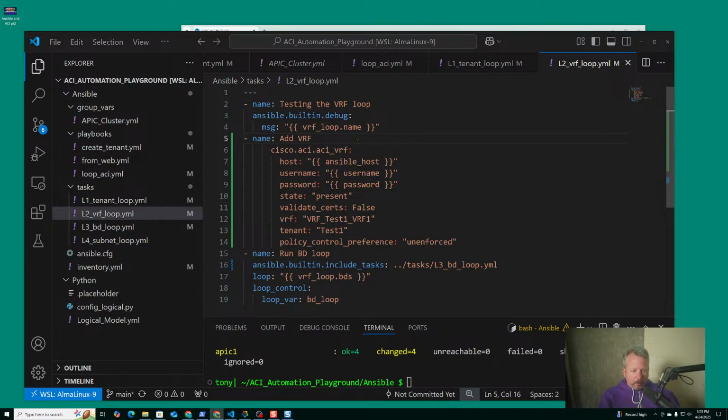Okay, so pasted it in there, and then I just have to replace the VRF. I'm going to move this up. So where we want the tenant, that was from the tenant loop name. So that should still have the variable in this iteration of the loop. And then the VRF